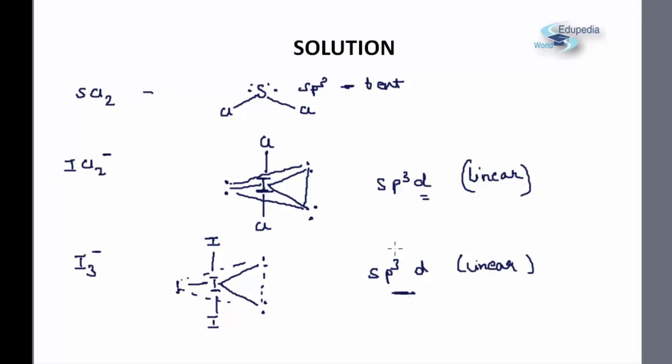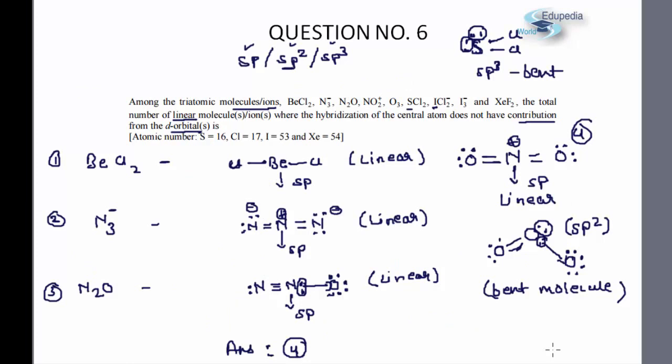A similar structure will be drawn for XeF2. Same type of structure will be drawn for XeF2 also. XeF2 will again be sp3d, because again same type of structure, you can imagine that 8 valency electrons, 3 lone pairs over here, xenon over here and 2 fluorines here, and it will be linear. So this is linear but it contains a D component, so this also rules out the possibilities. So as discussed previously, the correct answer for the question would be 4.